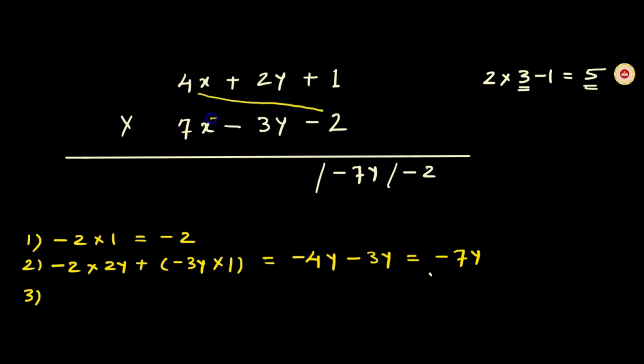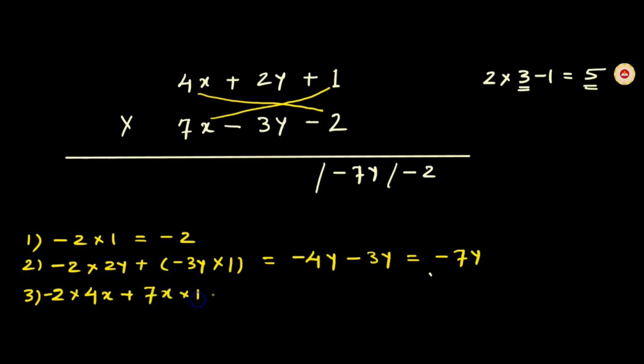Multiply the terms in these three columns at a time. How do we multiply? We consider first the outer columns, first column and third column, multiplying the terms in these two outer columns crosswise. Minus 2 multiplied by 4x plus 7x multiplied by 1,